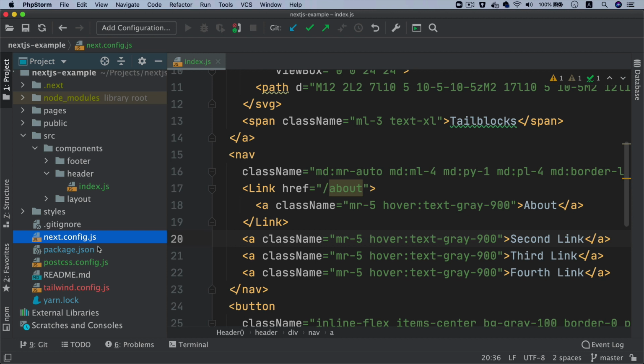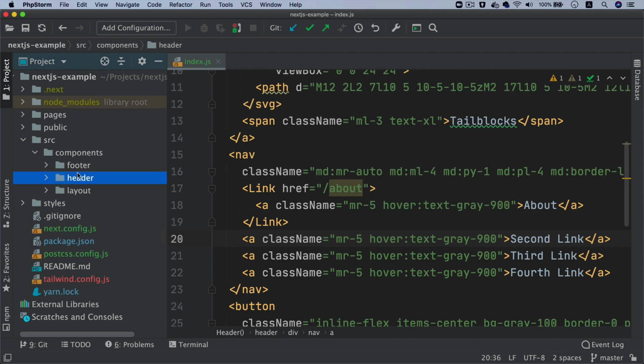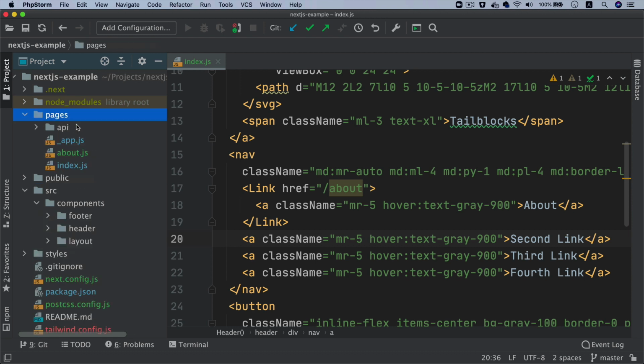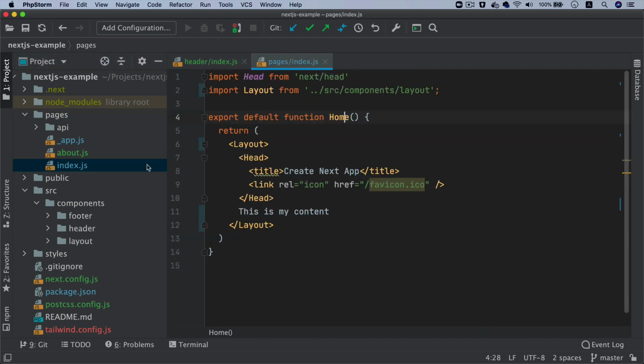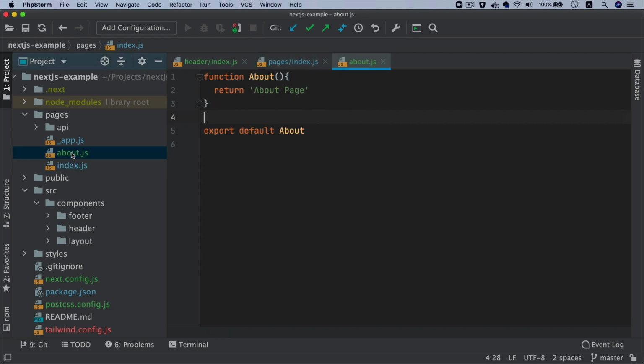How in WordPress you create get header, get footer, that function gets you the header and footer. Here in Next.js or in React environment, we have created a layout component. So wherever you use layout, those header and footer are going to be automatically available. So like we use layout on the home page, same way we'll use it in the about page also.